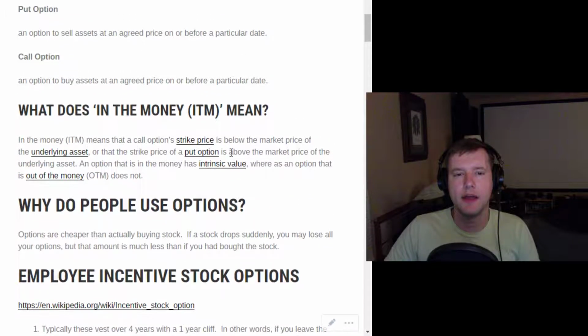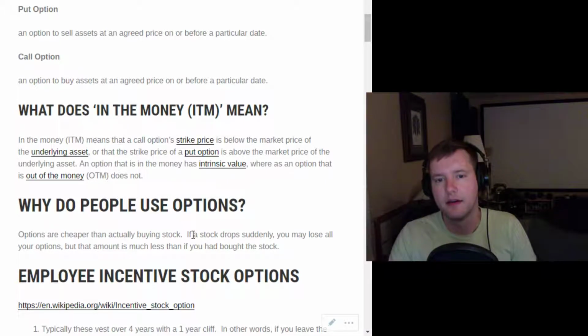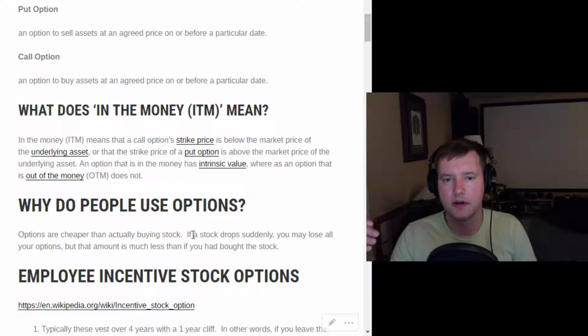All right, so why might someone want to use options in the stock market? Well, as I said before, they might want to do it if they were trying to get a lot of leverage, if they were trying to make a lot of money on something, if they were very convinced that something was going to shoot up in price and they wanted to be able to get as much gain as possible because it's a sure bet.